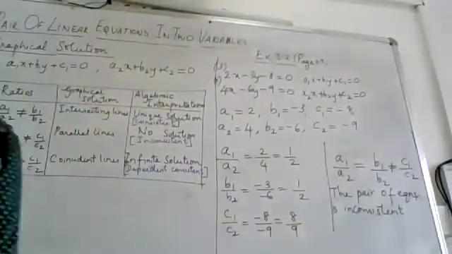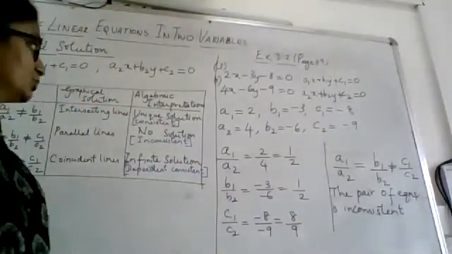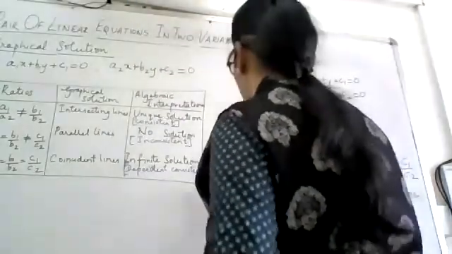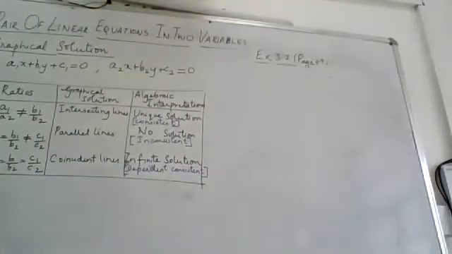Okay, now I think I will clear the board so that I use the entire board. Maybe let me see how I can use it best without clearing that table. Because I'll be focusing back on that table. So try to kindly adjust. I may be writing at the end of the board or in between, the bottom portion also I have to use because I have to show you the graphical solution also. I may not be drawing the graph. I'll just show you once again how to get the ordered pairs. So let us write down the first set of equations.